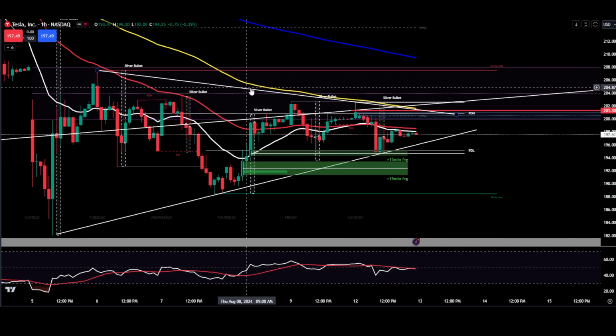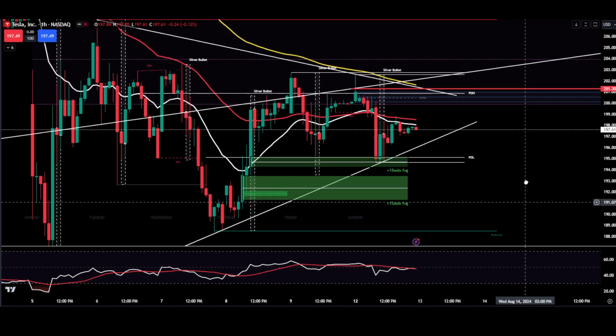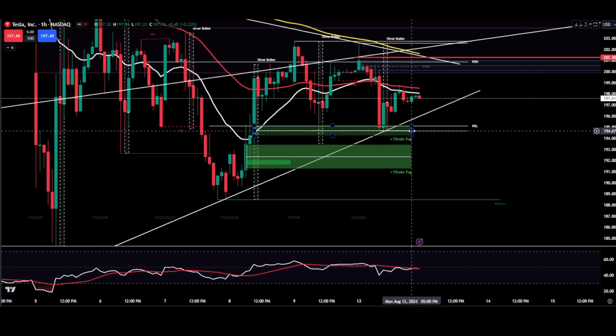You can also see the resistance level here with these tops. You can see we're currently below all the moving averages. When we were dropping this morning, I thought we were going into a sell day. It kind of looked like that. I announced to the Discord, doesn't look like a perfect